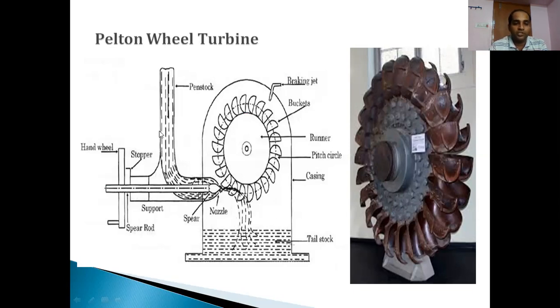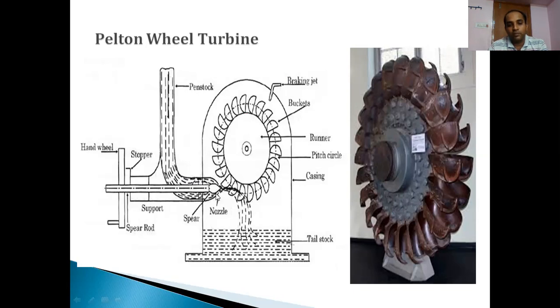Now the working procedure. When the water is taken from the dam, it passes through a penstock. As it is passing through the penstock, the potential energy of the water which is present in the dam is converted into kinetic energy as it flows through the penstock. There is a sudden deviation, as the water is